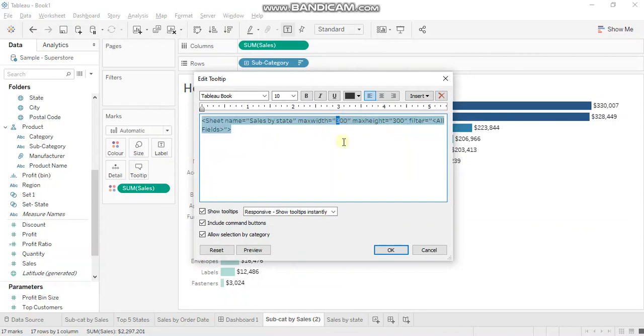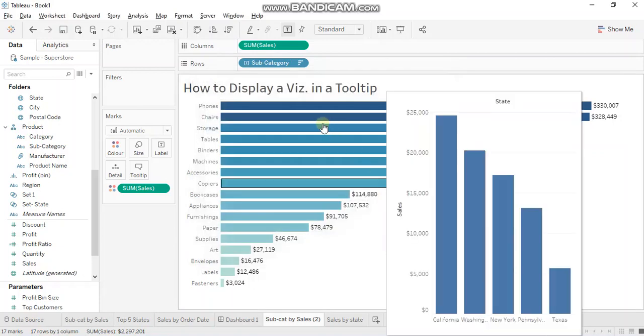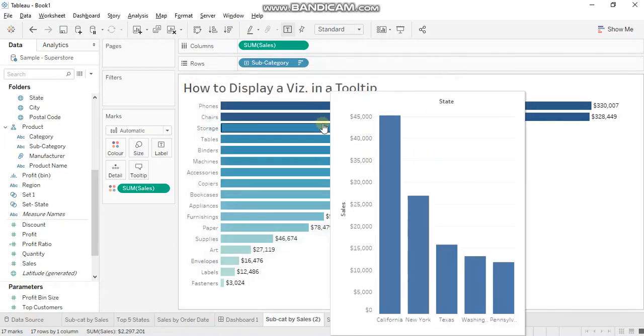So let's update this to 500. Tip number 2 is Tableau recommends that your max width and max height for the tooltip should not exceed 600. So always keep in mind that you have these figures below 600. Click OK. Alright, so all the 5 states are visible over here.